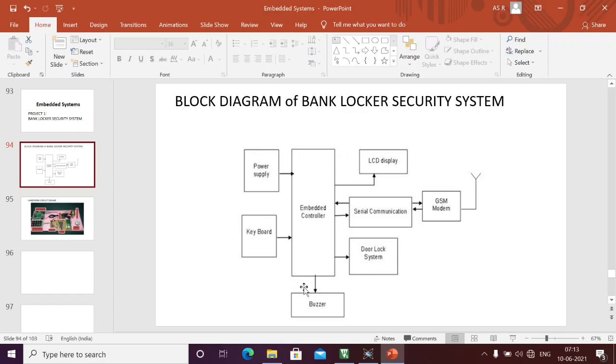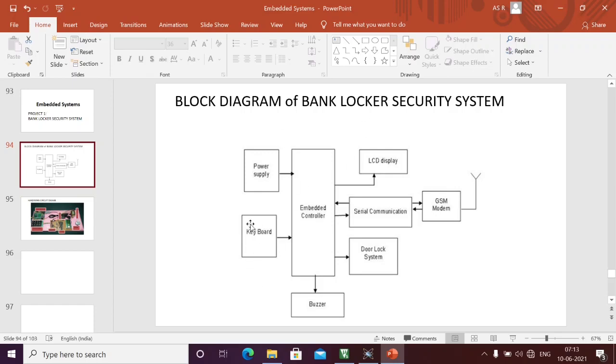And here this is our 8051 microcontroller. If you want to design this project, we need all the subsystems, like the keypad and DC motor, and how to interface them. If you know all the interfaces, then we can design this project very easily. Today we are going to design this system.